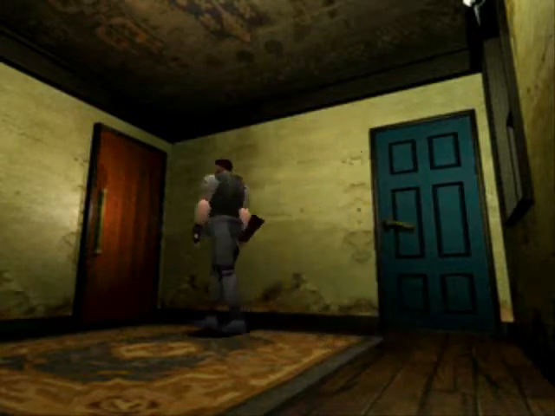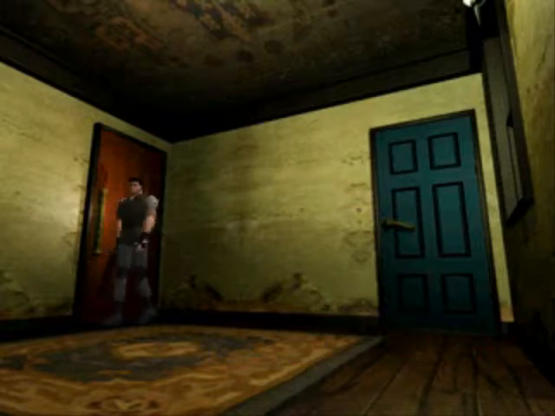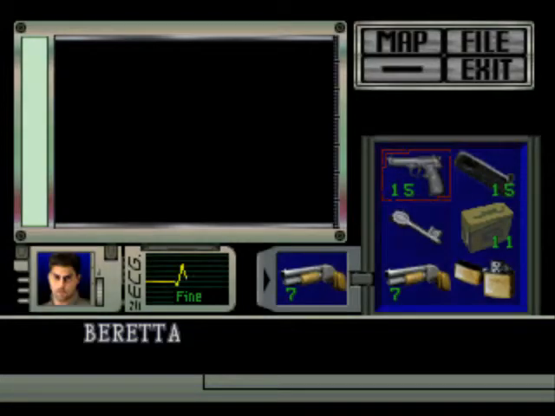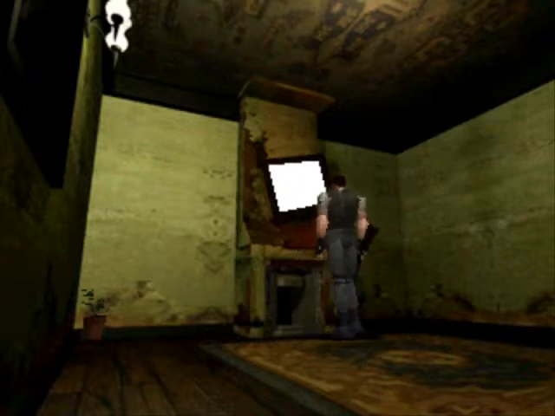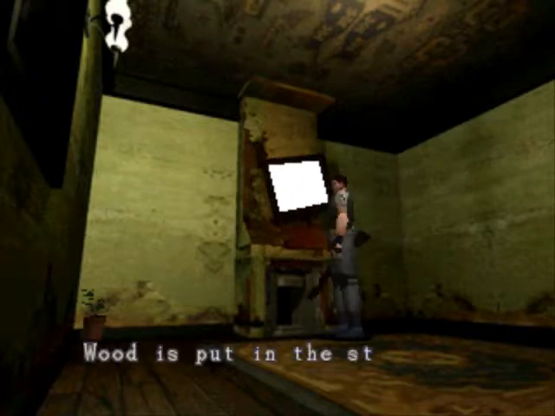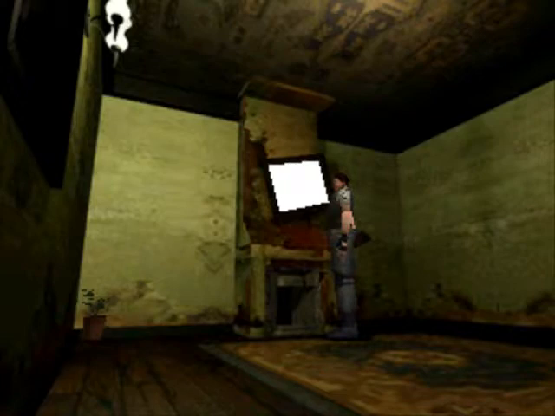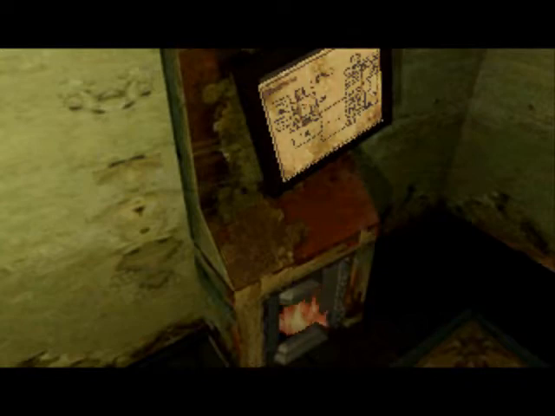And there's a room in here. It's locked. Carving of a helmet. So that's 2 helmet key doors that we need. And there's a herb over there that we can't use. But there's something over here. Wood is put in the stove. A paper is on the wall. It's a fireplace. Maybe if we use the lighter that we just acquired, we can burn the wood in the stove, in the fireplace, and the paper